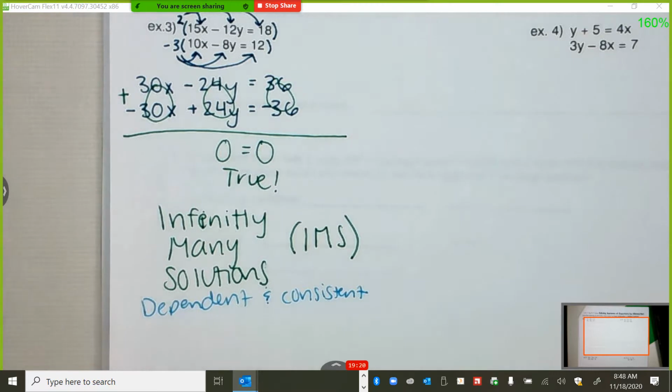Okay? What if we would have gotten 0 equals 5? What would the answer be? No solution, and it would be inconsistent. Does that make sense? Okay. So,